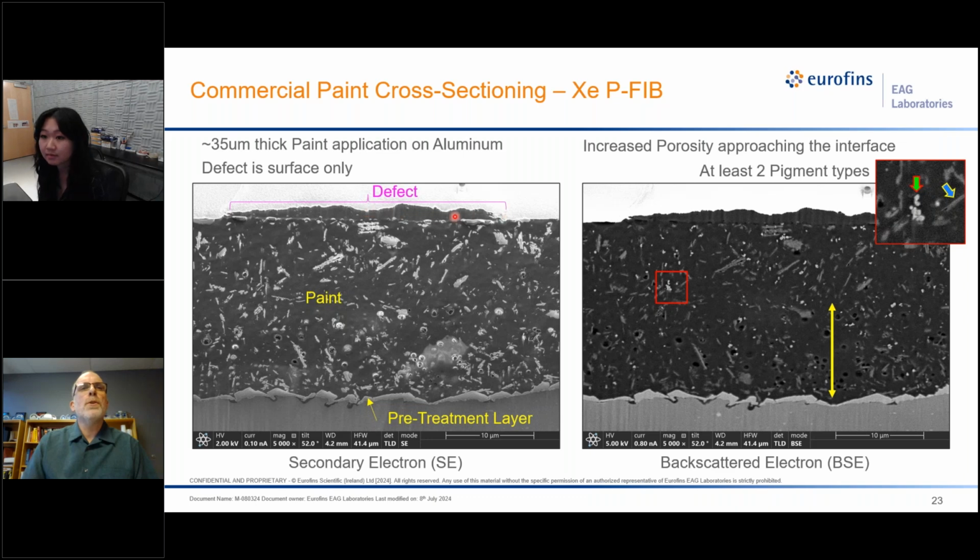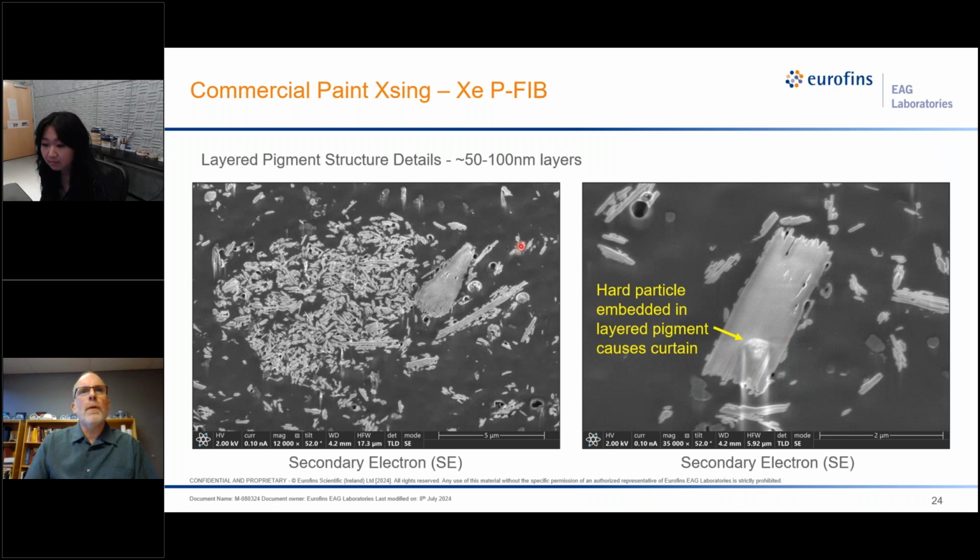So there's some sort of residue in the process that ends up on the surface, but we can then look at the pre-treatment layer below, and we can see that there's a variety of particulate or pigments within the carrier and the polymer fill. And if we switch to backscatter imaging, we can see there's sort of two different communities of particles in this particular example. And we can look a little bit more high resolution at that, and we can see that one type of particle is a very layered structure, and the other is smaller and round and has a slightly